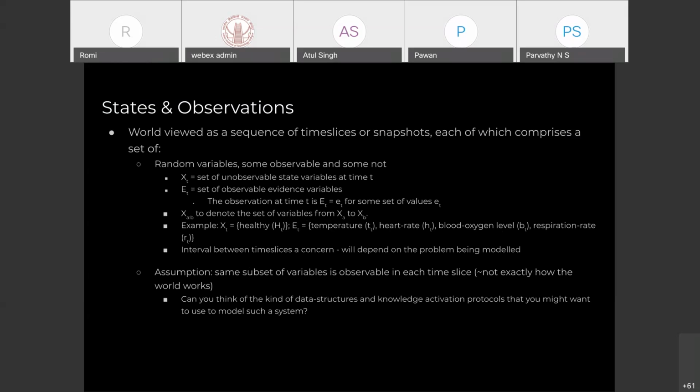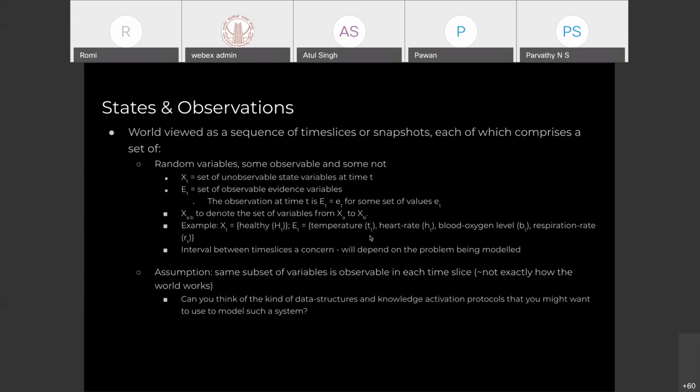The state variables as well are dependent on the problem that you are trying to model, and so are the evidence variables, because the evidence variables are a function of the sensor capabilities, whether you have real life sensors to actually capture the data of the real world, or the conditions that you are trying to consider in order to build up a prediction of some kind of your system state. Okay, so everything over here is a variable. Then the number is a variable.